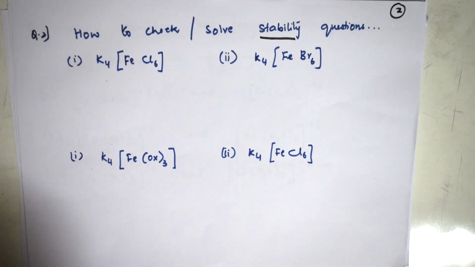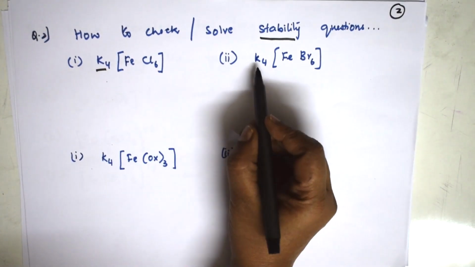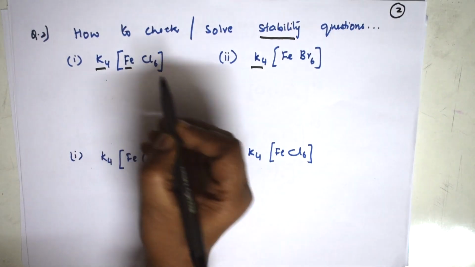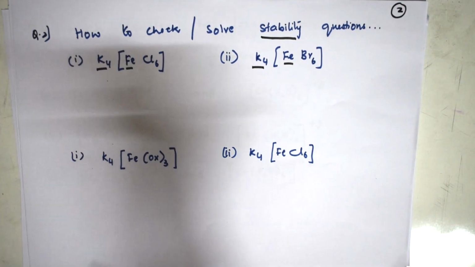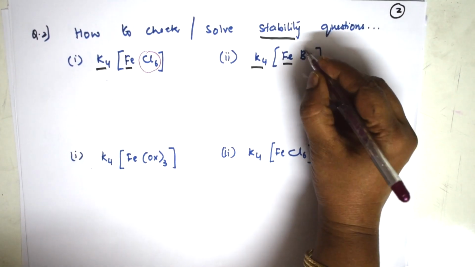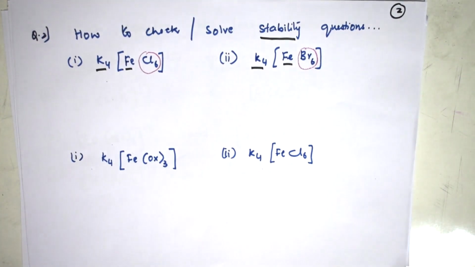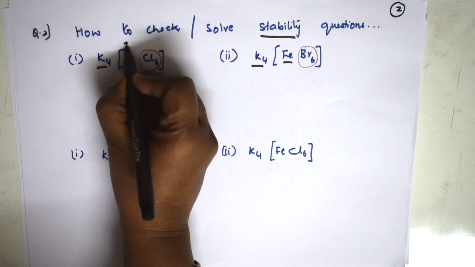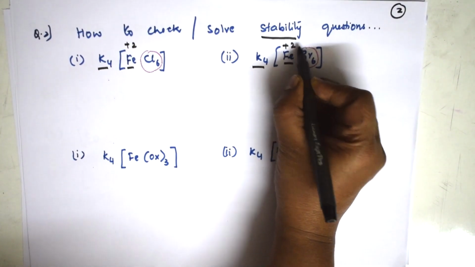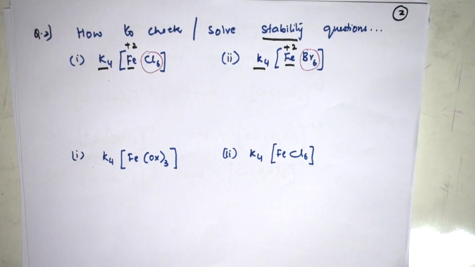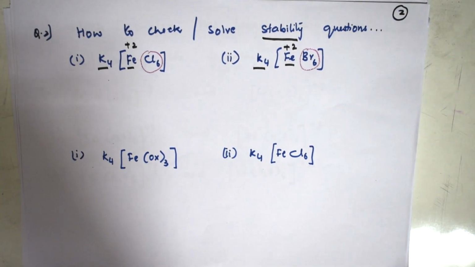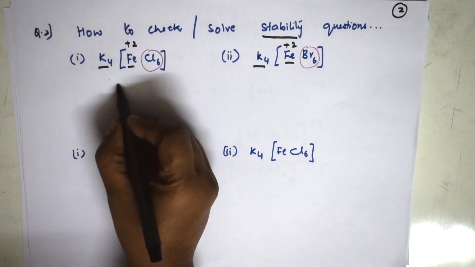They're asking. Right. So here if I see, potassium is common, iron also is common. But the only difference which is there is your halogen. Here it is chlorine, here it is bromine, correct? Now, here when I take the oxidation state of iron, it is +2, here also +2. Now, how will I decide? Only your halogens will decide the stability. How? Just remember, for understanding this, note one trick. What is the trick? Just see.